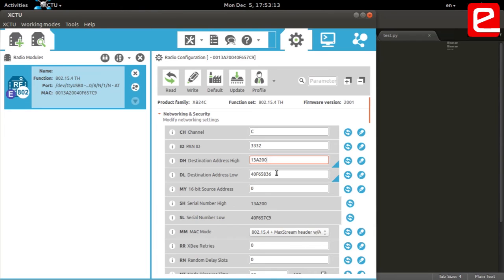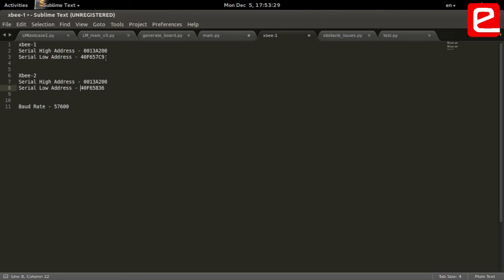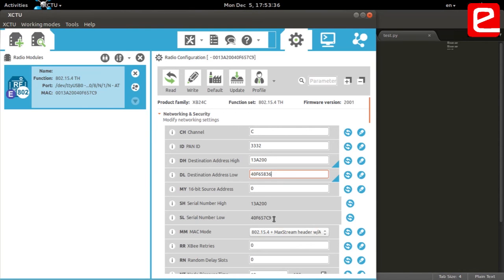and paste it here. I have already configured it earlier, so it is showing this address. As you can see here, this is the address of this particular zigbee, and this address is of the second zigbee. 40F657C9, you can see here, this is the same address. This is the zigbee 1 which I am using, and I am putting the address of the second zigbee